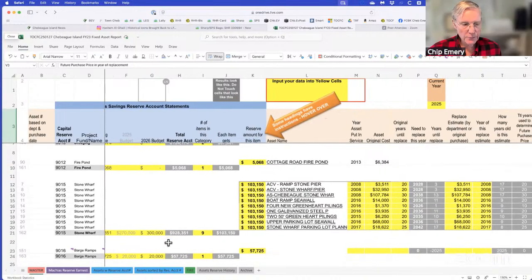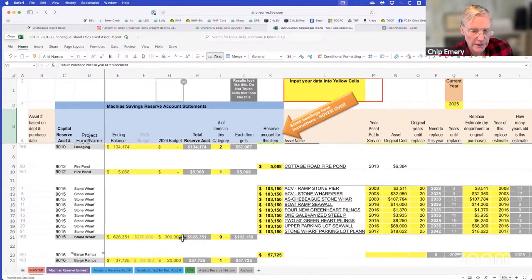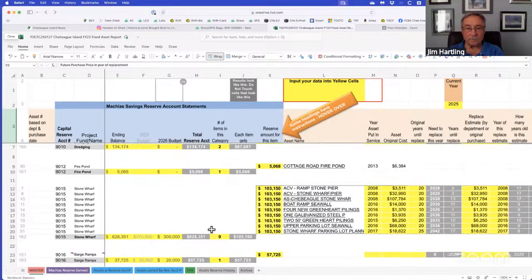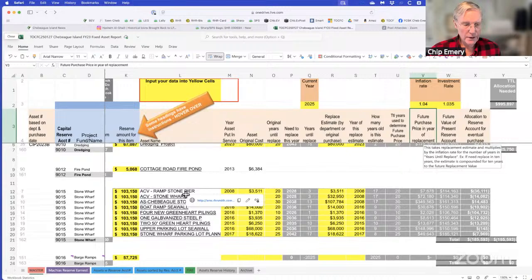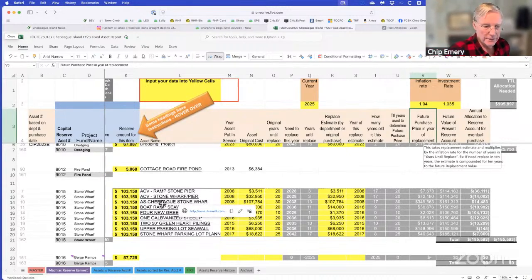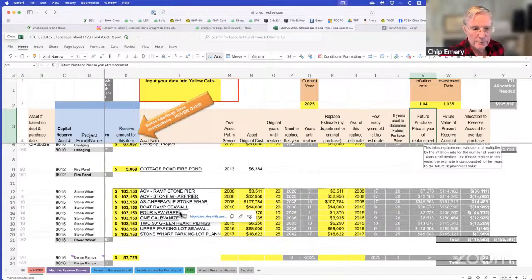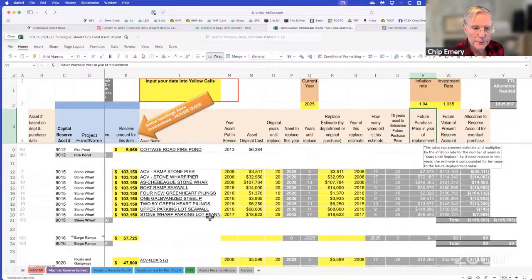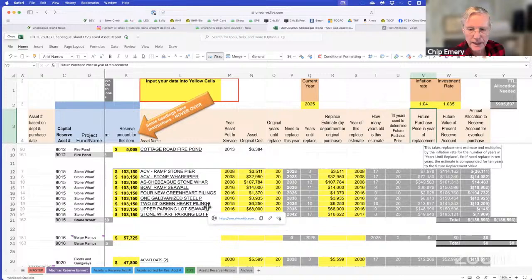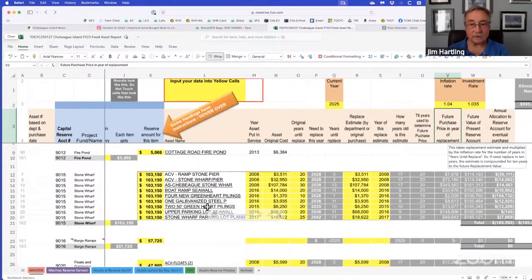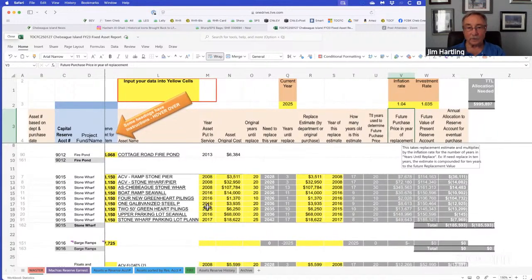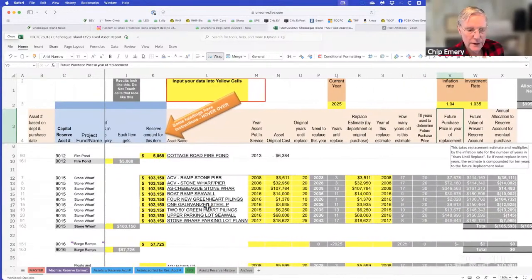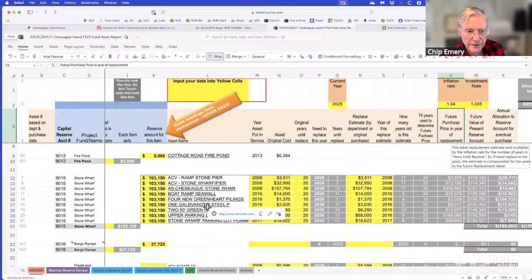Well, this stone wharf, is that what you're talking about? Yes. 300,000. You have these. I don't even know what all these mean, but you've got some of them. Oh, these aren't the floats. This is the actual. Yeah. Right. This is what the capital project will substitute for. So while these aren't really depreciable assets, I mean, there's some level, but